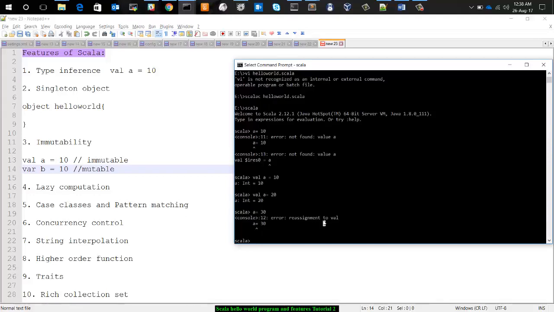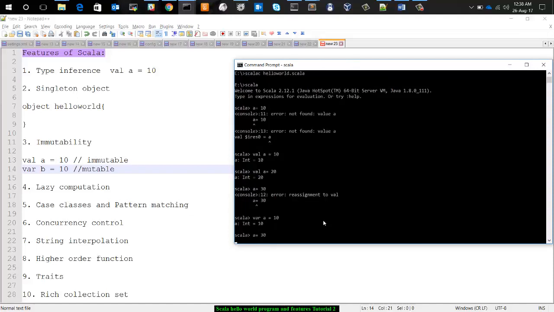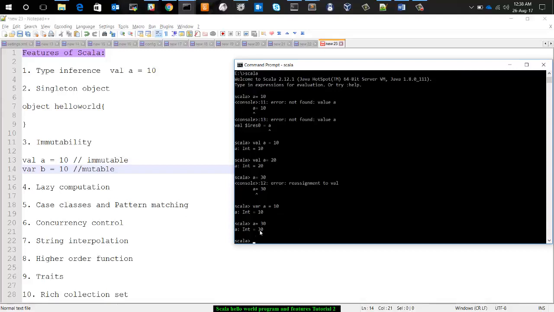This is why we are saying that Scala contains immutable variables. If we want a mutable variable, we have to declare var a is equal to 10. Then you can assign a is equal to 30. It has taken the value. This one is mutable and this one is immutable.